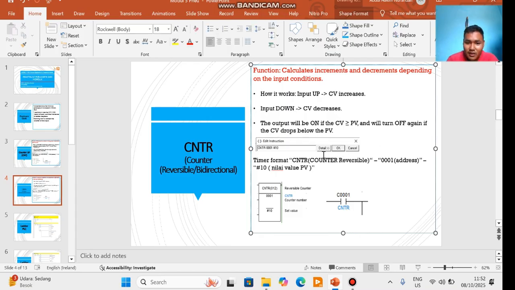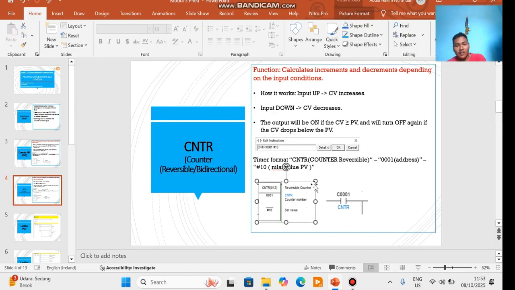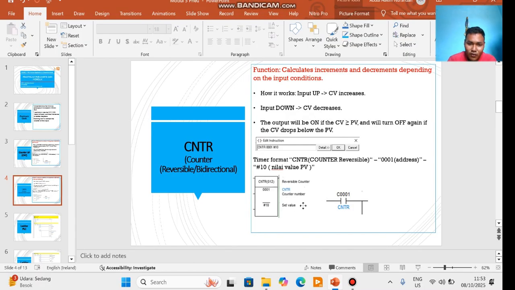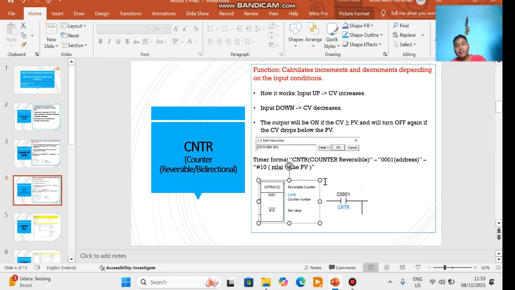The format for CNTR, counter reversible, is the connection 0001 for the address and 10 for the PV value. In the next picture you see the edit instruction function, complete and correct coding.